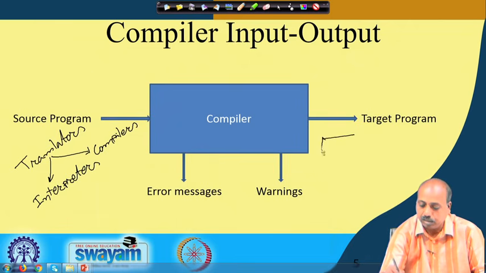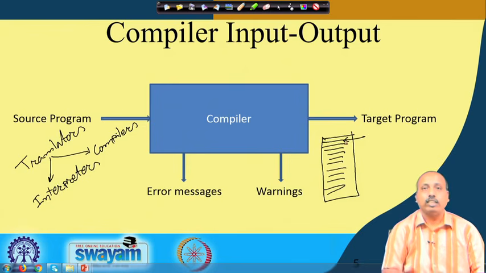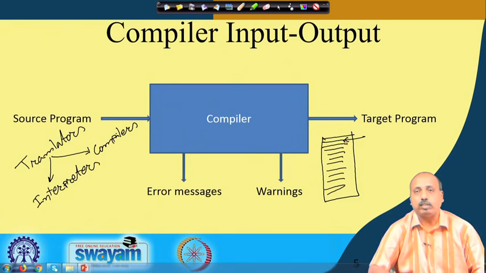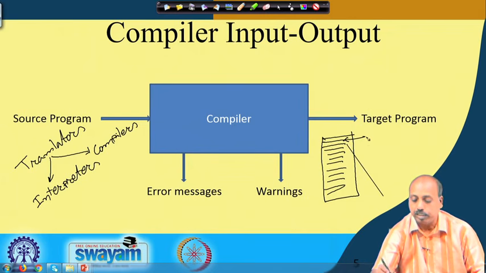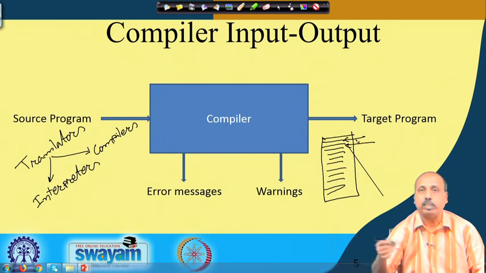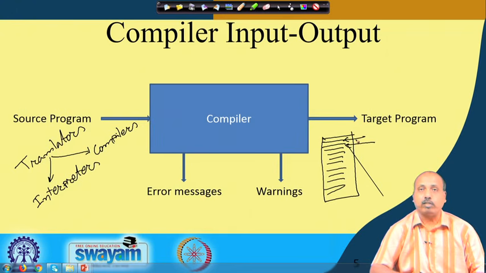If this is a program, it has these program lines in it. The interpreter will take one line at a time. It will take the first line, convert it into machine code, and execute it. If the execution is fine, then it will go to the next statement, translate it into machine language, and then again execute that particular line. So, in the case of an interpreter, as the name suggests, it interprets the program's statements one by one and executes them.